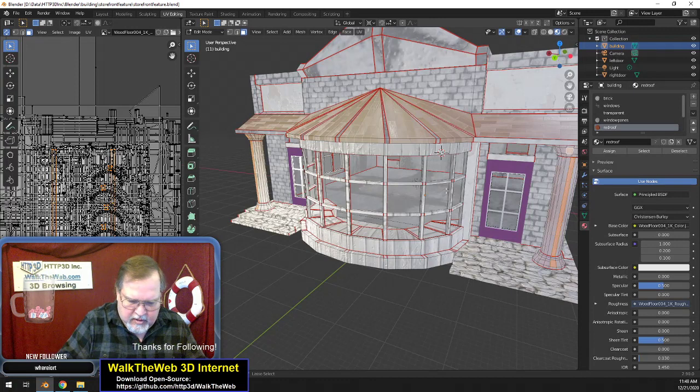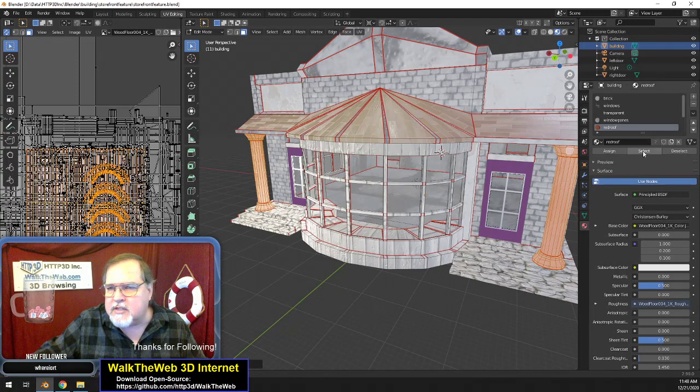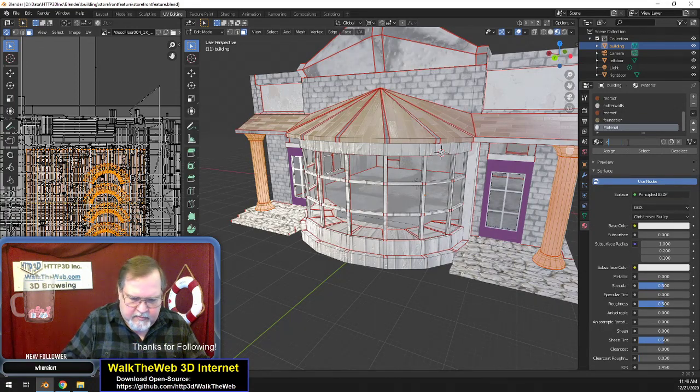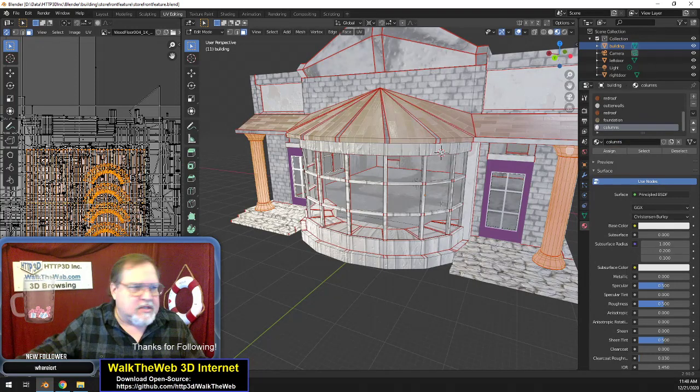Well, first of all, get all linked. And I don't think I had one for them. I thought I did, but I didn't label it. That's probably the case. It's probably one of these other ones, but we're going to throw in another texture anyway and call this one columns. Okay, good deal. Now that we have the columns,